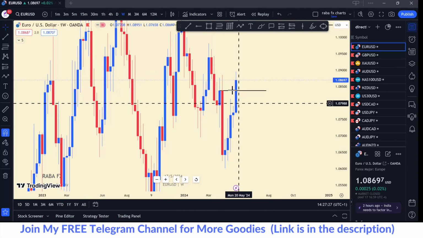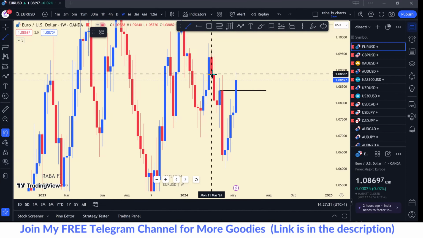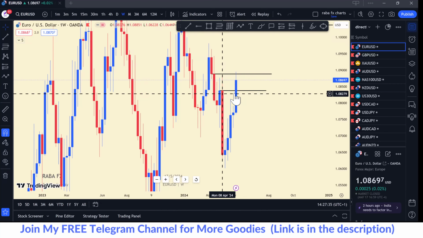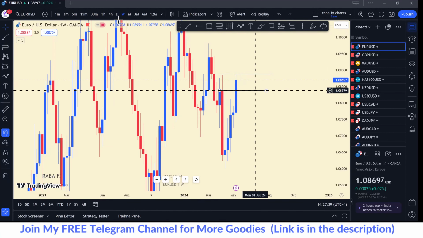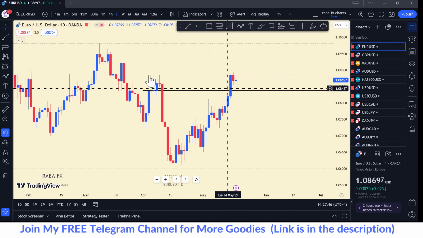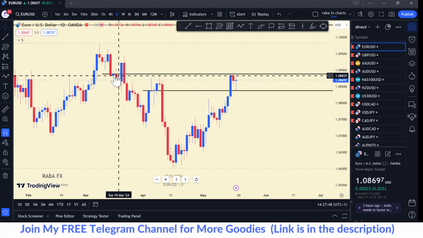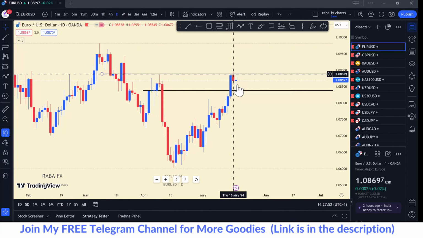But as you can see, price pushed up aggressively. So the next thing I did was to look for a fresh level here. So we have this fresh level, and I can see price has closed above this and rejected this. All right. So let me quickly explain the trade I took. When I looked at that, I saw that we are at this Quasimodo level. So I took a sell.